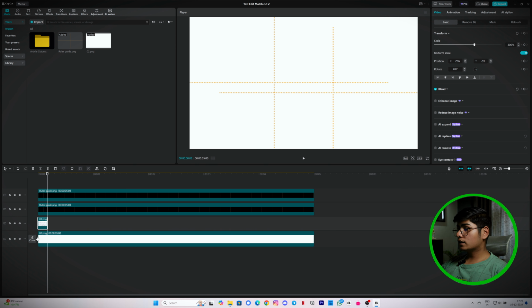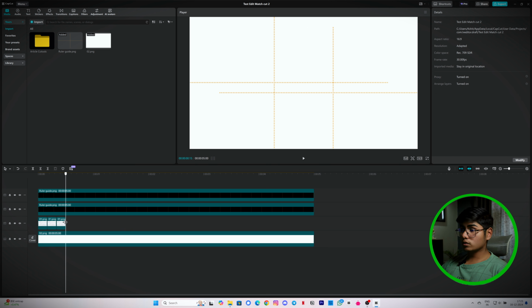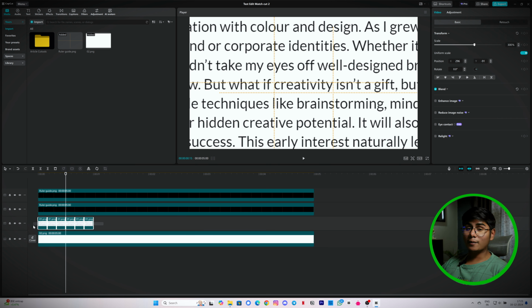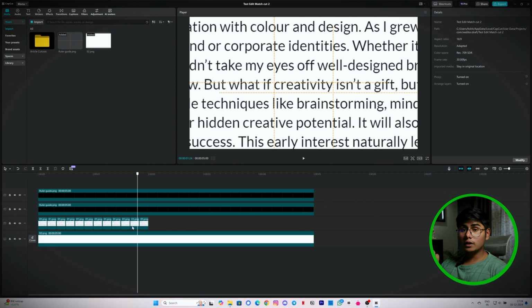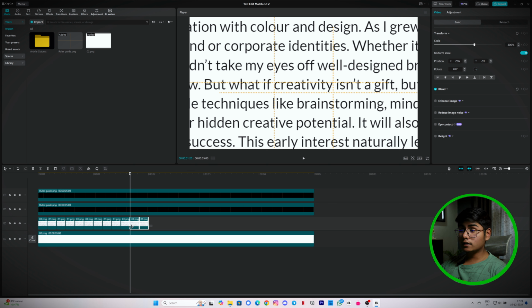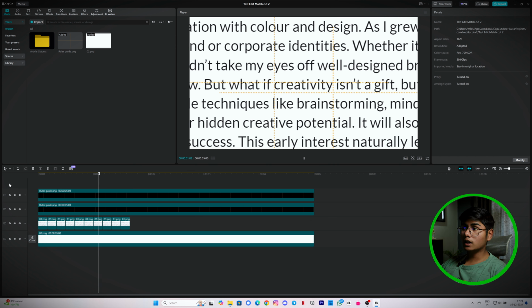Zoom out the timeline and then start duplicating these images. I'm gonna do that 10 times. I'll make this effect 5 seconds long so that we have a proper time to grasp what's happening. So let's just copy and paste this. I've duplicated this image 10 times and now I'm simply gonna replace each one of them with the other articles